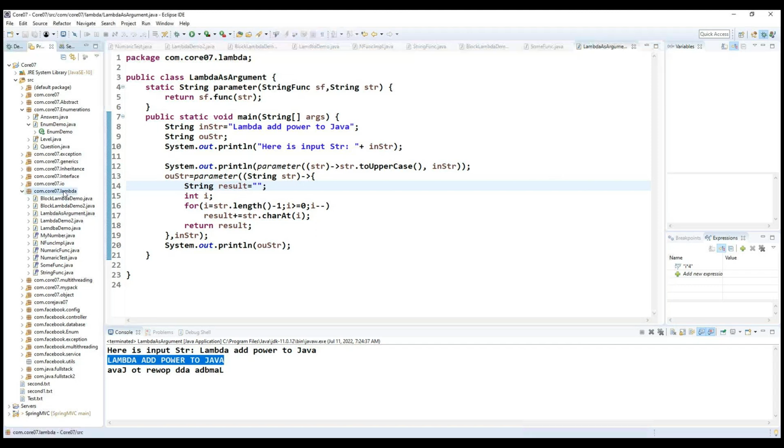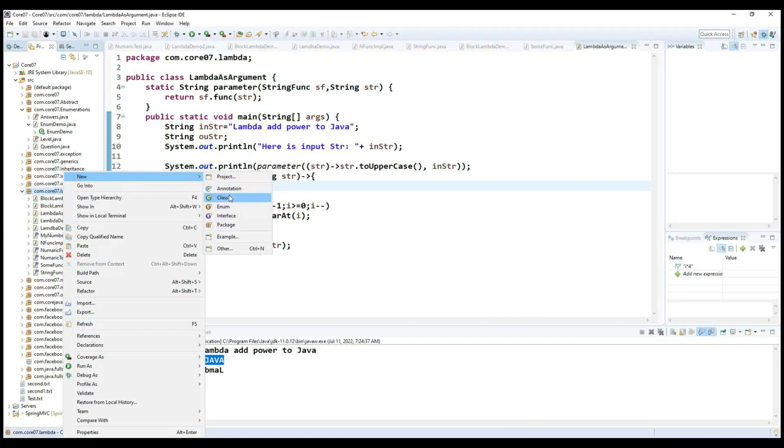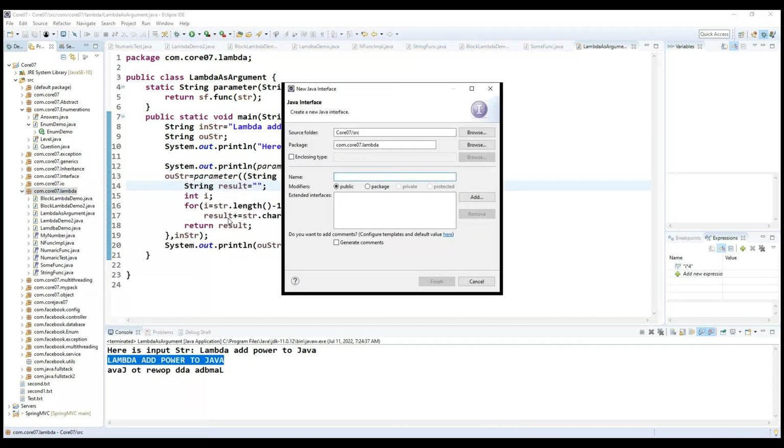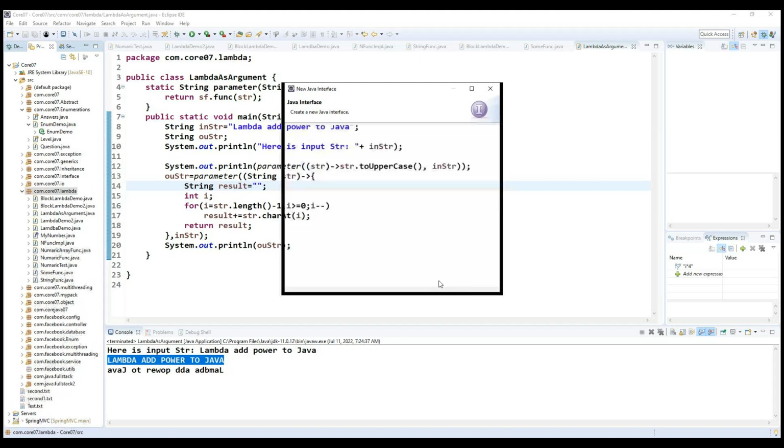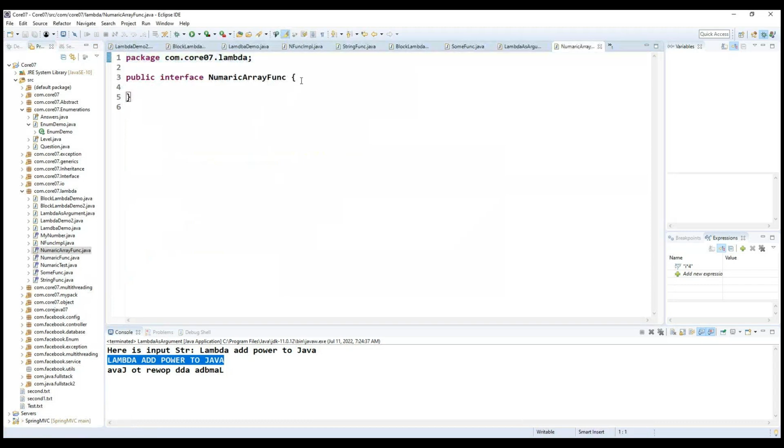function. So this is nothing but one of the interfaces. So numeric, here I'm going to pass array values. Because of this, I'm trying to pass a numeric array function. Okay, so this is the numeric array function I'm defining. After this, now what I'm doing here,